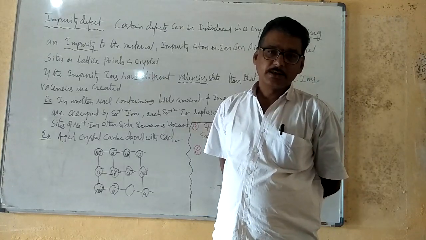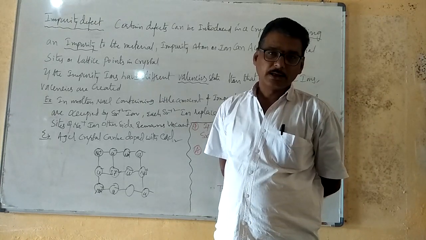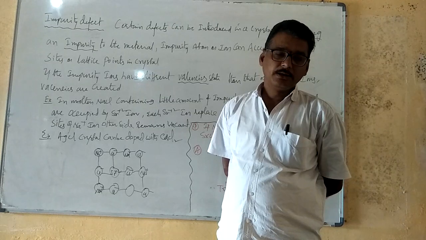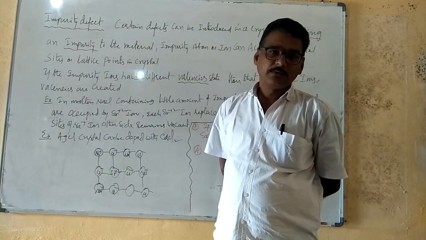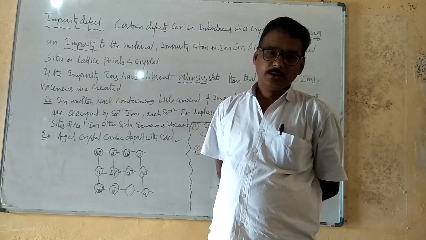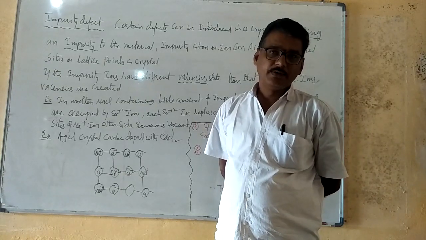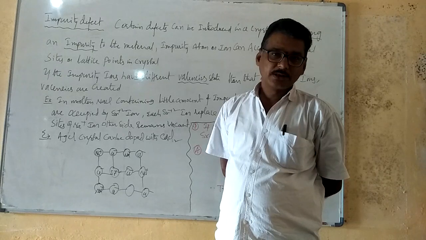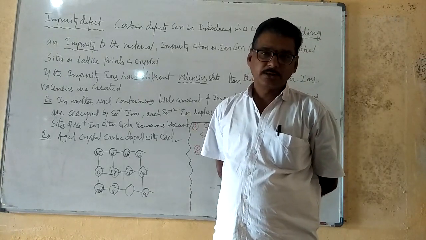The metal excess defect contains the cations. So the metal excess defect can also be due to the anion. Metal excess defect due to anions means F-centers. F-centers means we have to explain the color using the F-centers. Next one is called the metal deficiency defect. The metal excess defect due to the cations is also there.